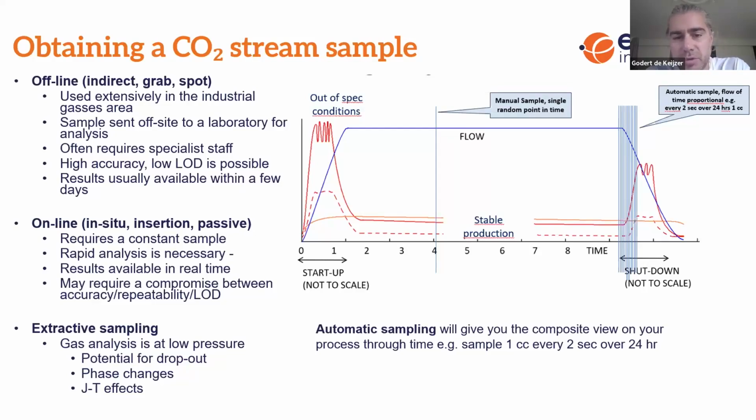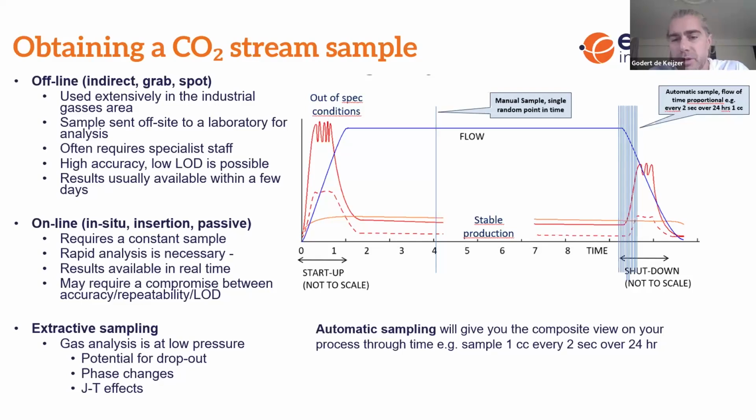And there are a couple of different tools that are available to us. That's offline and online analysis. That's also described in the paper. For offline analysis, what you do is you take an indirect sample. You can take either a manual sample, so at a specific point in time during the process, or an automatic sample, multiple samples over a longer period of time to get an aggregate view of what has been passing through your pipeline. Or you can take an online sample, which allows you to get a fast answer and be able to intervene in your stream.